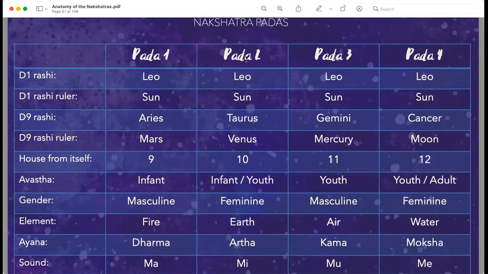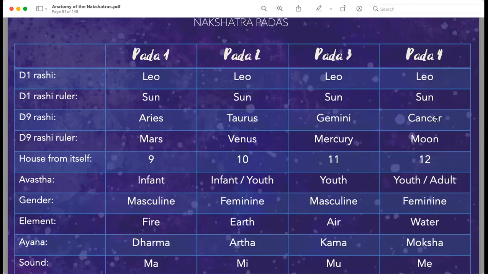But if the sun is between 3 degrees 20 and 6 degrees 40, that sun is not going to be so happy, because it's going to go in Taurus in the Navamsha. So that's an enemy sign. And from 6 degrees 40 to 10 degrees, the third pada in the D9, it will go into Gemini. That will be absolutely fine, because Gemini is friendly with Mercury, and is a friendly sign. The fourth pada, which is 10 degrees to 13 degrees 20 of Magha, will be going into Cancer.